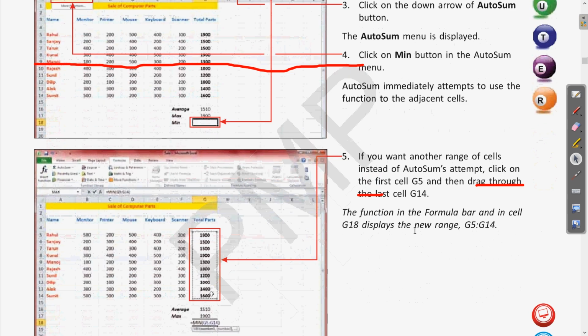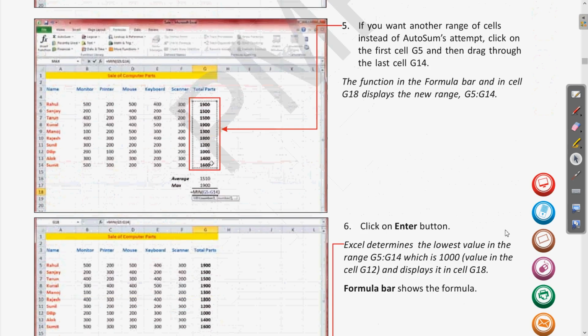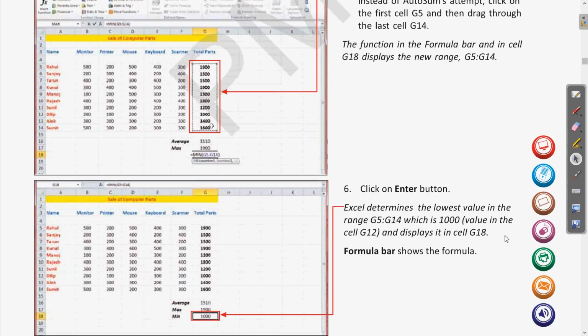Okay, let me erase this, then it will be visible clearly. The function in the formula bar and in the cell G18 displays the new range G5 to G14. Clear? Then the next step, click on the enter button.